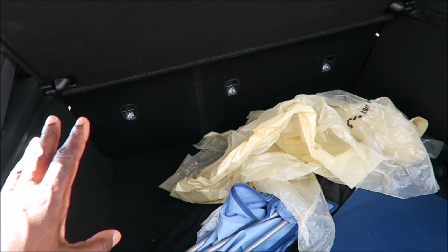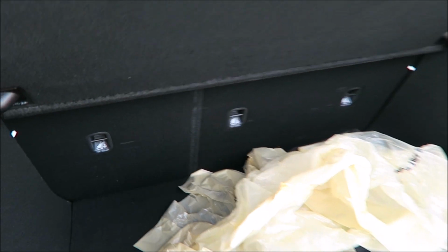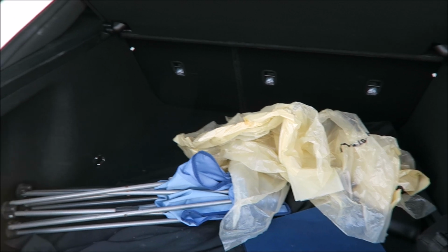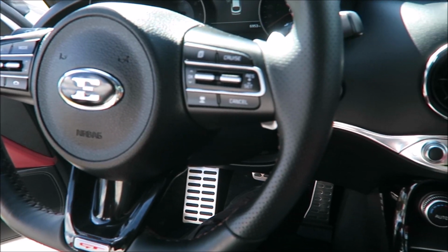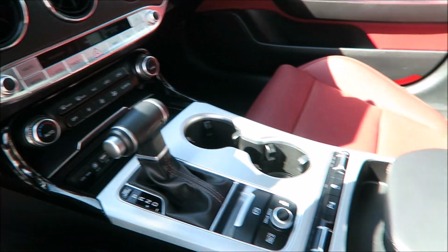I have so much space, and all three of these seats fold down, which will give me even more space. I think it was a 60-inch TV I put back here and just folded down the seats. It's just the practicality and convenience of having all this space, it's second to none. I think they did a phenomenal job on the fit and finishes of this car. Again, after